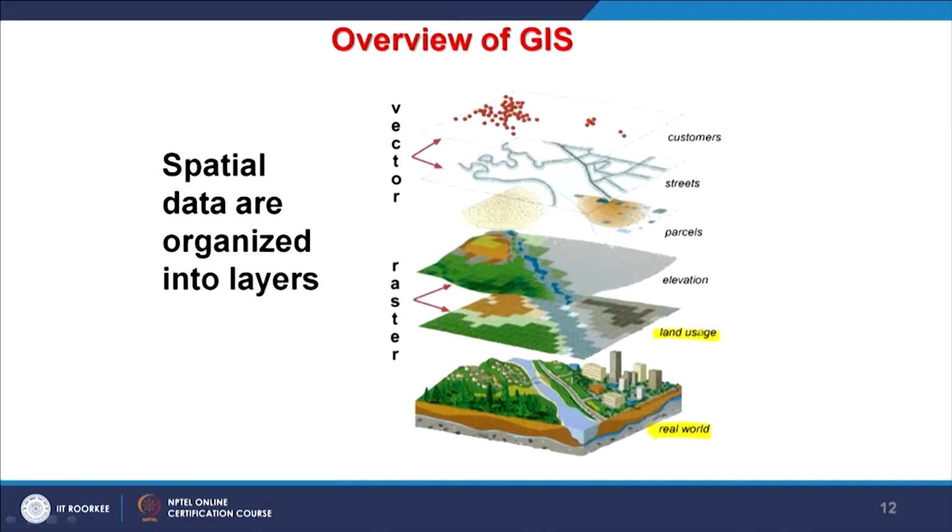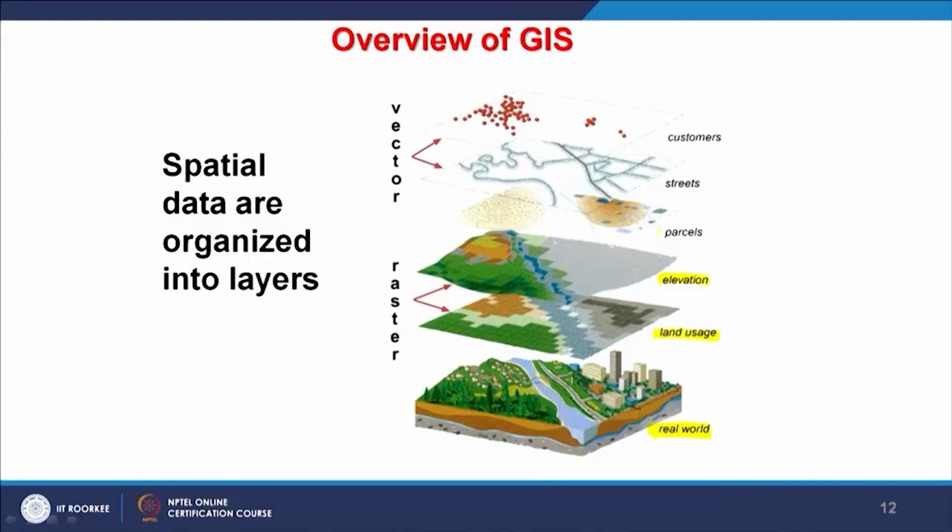Like for example, land use data. That data nowadays we get from satellite remote sensing data. Elevation data, digital elevation models, are also being prepared using satellite data, but they fall under GIS. And in the last few lectures we will be discussing a lot about digital elevation models and derivatives, how best we can exploit this data set which is the digital elevation model. And then parcels also. Parcels here means the land records.